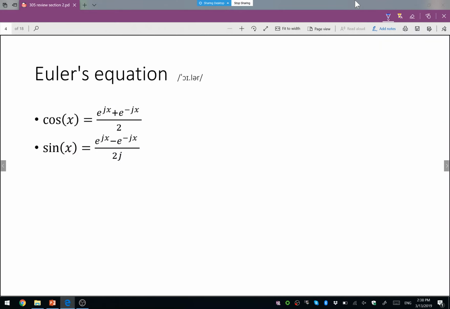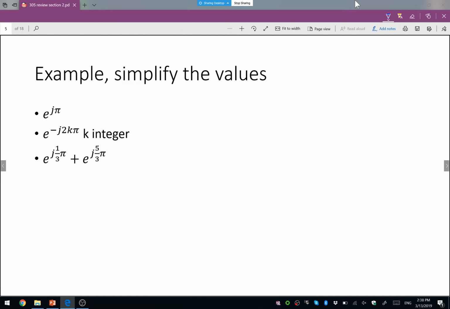So Euler's equation, I guess we already discussed this before, and it's very useful because when we are doing Fourier series and we see just the sine and cosine, usually it's easier to change everything into exponentials and do the simplification. So let's try some examples. What are the values of these? Well, try to simplify this. First one,